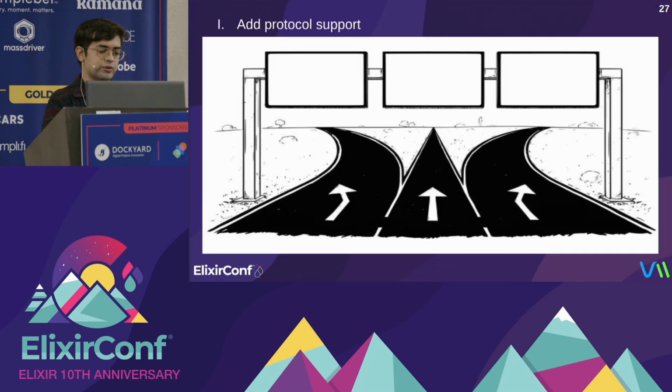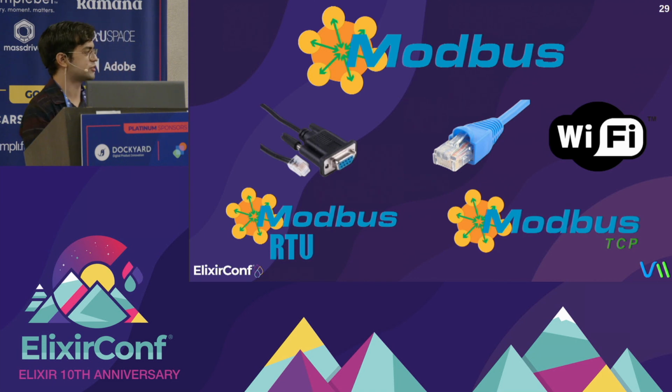There are three ways that we are going to talk about in this talk. The first one is the full Elixir implementation. This is recommended when the protocol is quite simple and it's an open specification, so you can grab the PDF and look at how the protocol works, and if it is simple, you could write your own backend for it. We will talk in particular about Modbus. Modbus has different types of layers which can transmit the data. One of them is serial with Modbus RTU, and the other one is for network communication, which uses Ethernet and Wi-Fi.